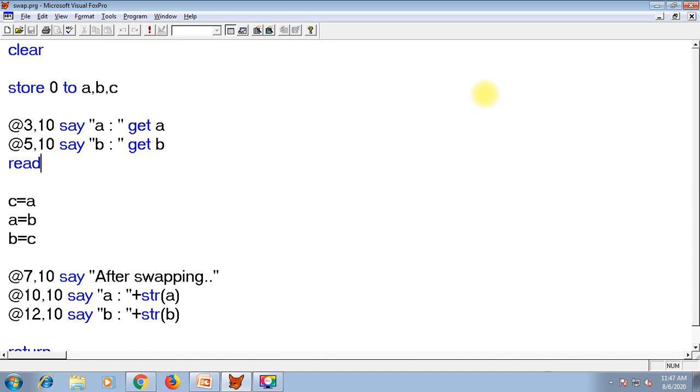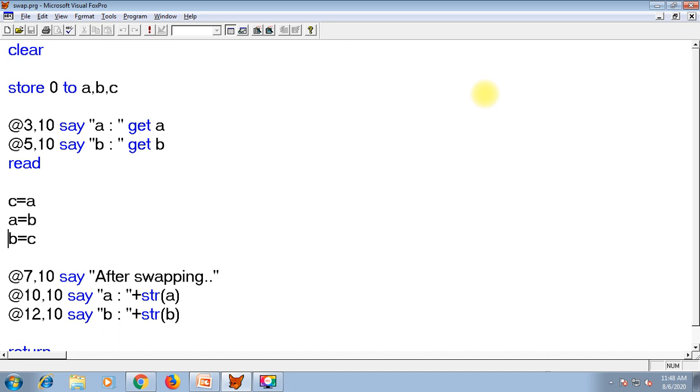Read command. Then what did we do, girls? Then we transferred the value of A to C, then the value of B to A and then C to B, to interchange the values of A and B.